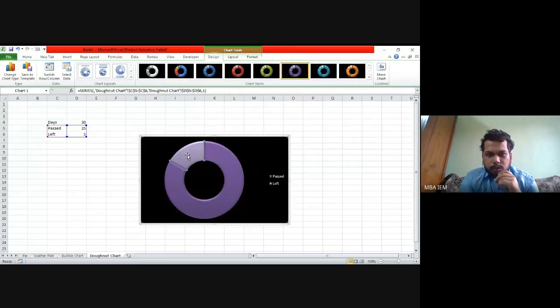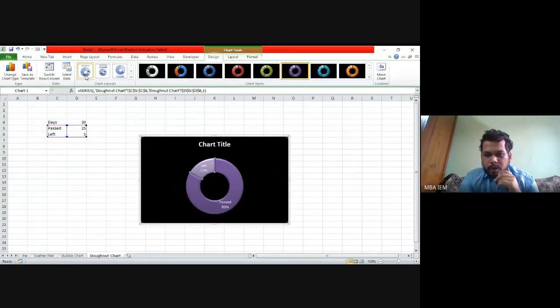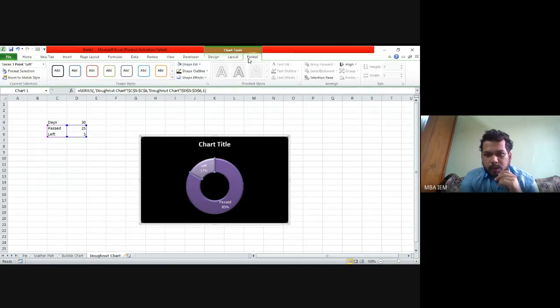Now we can also select the percentage covered, and also related to the color, we can also change the color. Okay, so say you want to change this left part, what you need to do is you need to go to the format and okay.